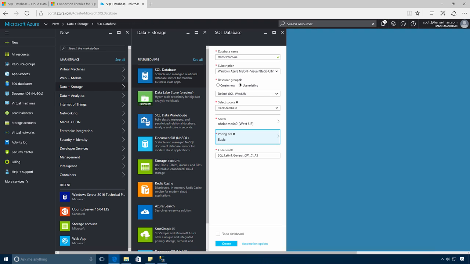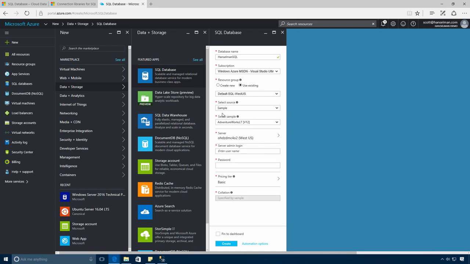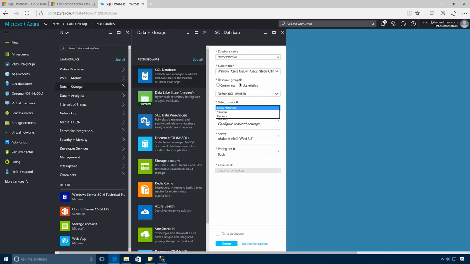at any time. When creating a database, you have the option to pre-populate with existing data or create a fresh, blank database. You can choose from sample data we provide or select a backup which you have uploaded to Azure. This option would allow you to migrate an existing database easily into a SQL database in Azure. There are several other options for migrating your data into SQL Azure Database that you can read about in the